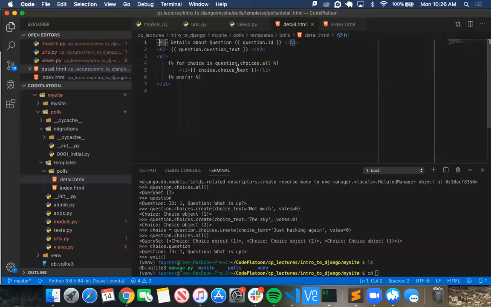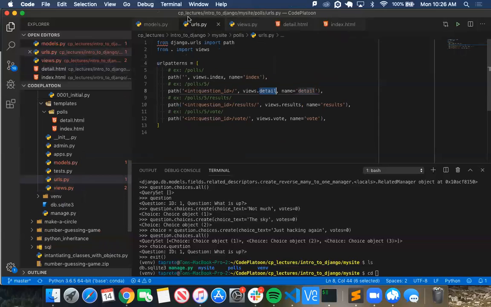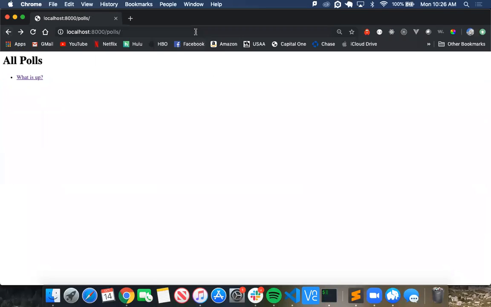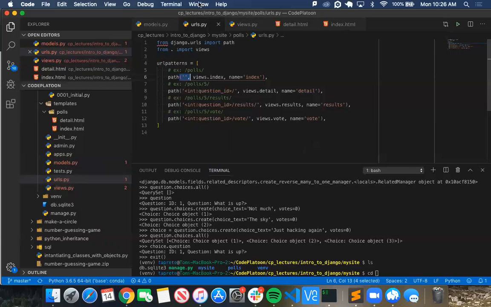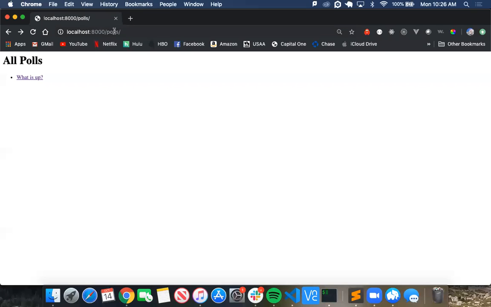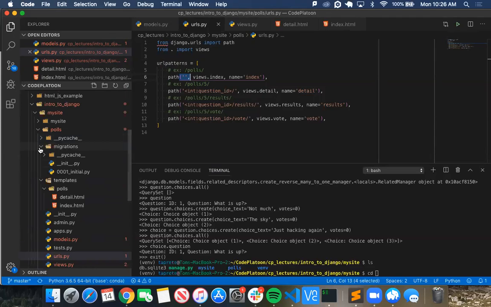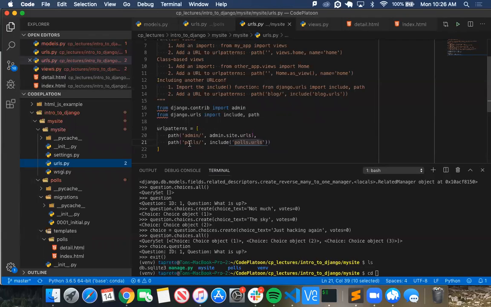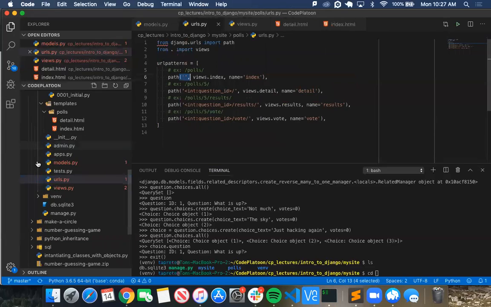So everyone, let's see what just happened. We created this view that goes straight to the polls. The first entry is actually in the mysite page. It goes to URLs, matches polls, includes polls.urls. So it goes to the polls.urls, and the first one matches because there's nothing, so it's running this index,